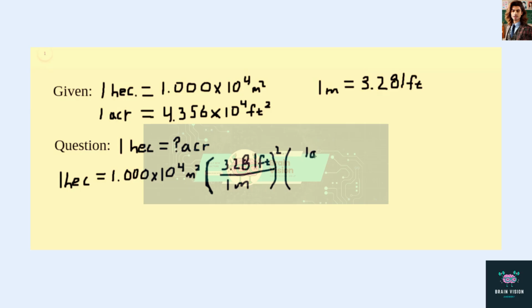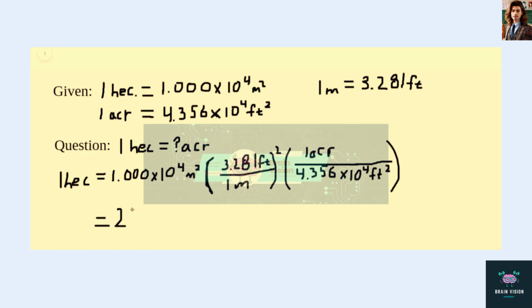So for every 1 acre, there is 4.356 times 10 to the 4th square feet. Extend that line there. Okay, so if we plug all of this into our calculator and carry it out, we